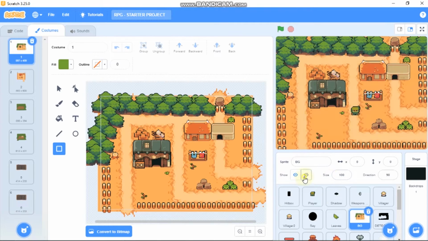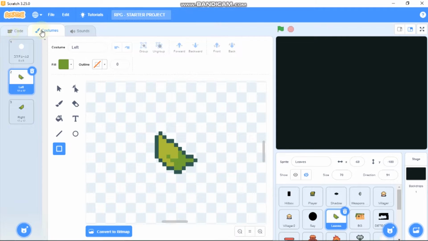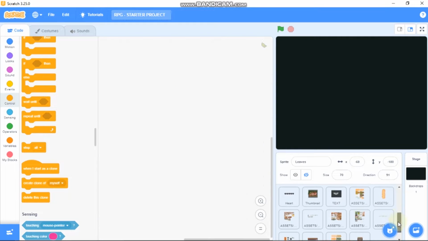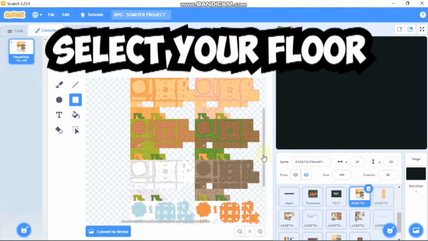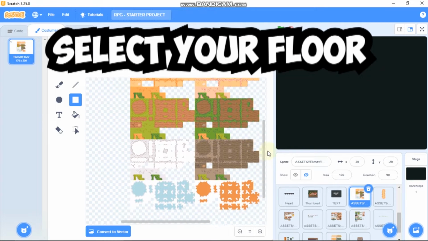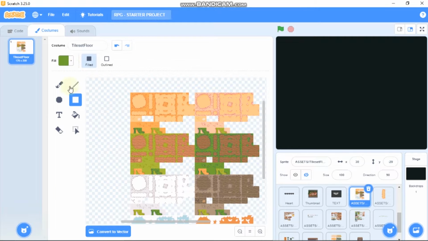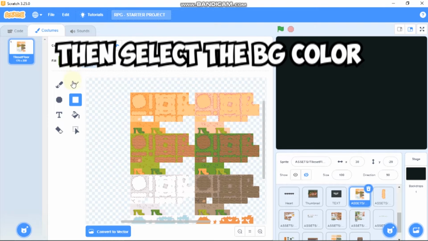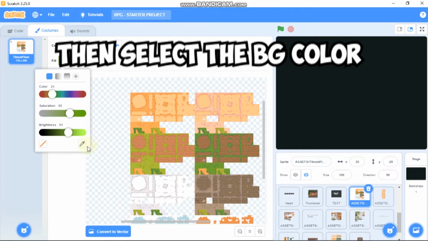For now I'll hide my tile set, and the first thing you need to do is click on this tile set floor and select your floor. On this tile set we got 8 floors, so I'll go with this green one and then click on this fill to select the fill and select the background color of your floor.